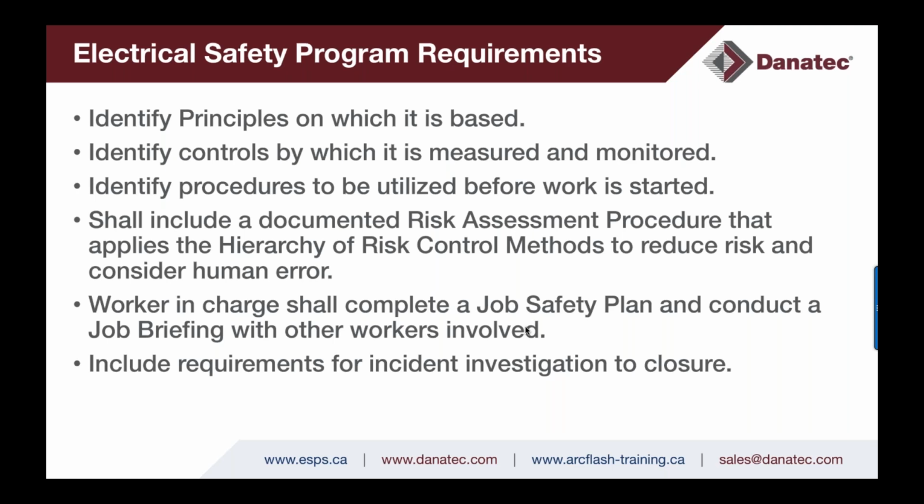The electrical safety program shall, as I mentioned earlier, have a documented risk assessment procedure that applies the hierarchy of risk control methods to reduce risk, and it should consider human error. So the human error component of the risk assessment procedure in 70E and Z462 is new in the 2018 editions, and the hierarchy of risk control methods were a note, and they have now been moved into the core article or clause. So it'll be mandatory that you shall use the hierarchy of risk controls, and there's 6 of them,